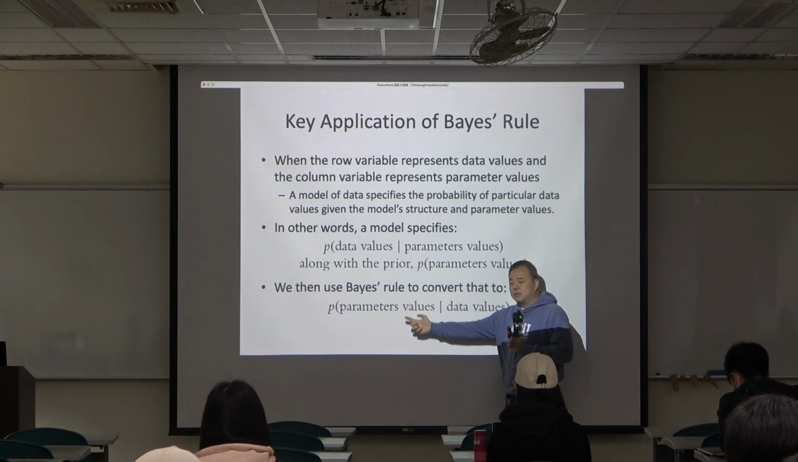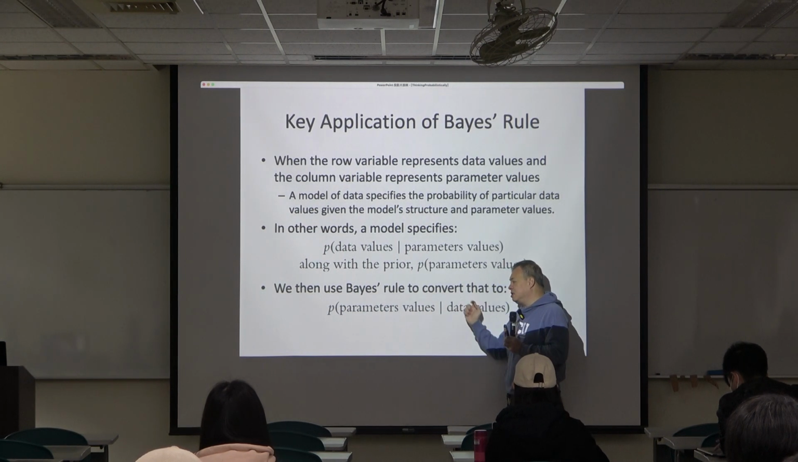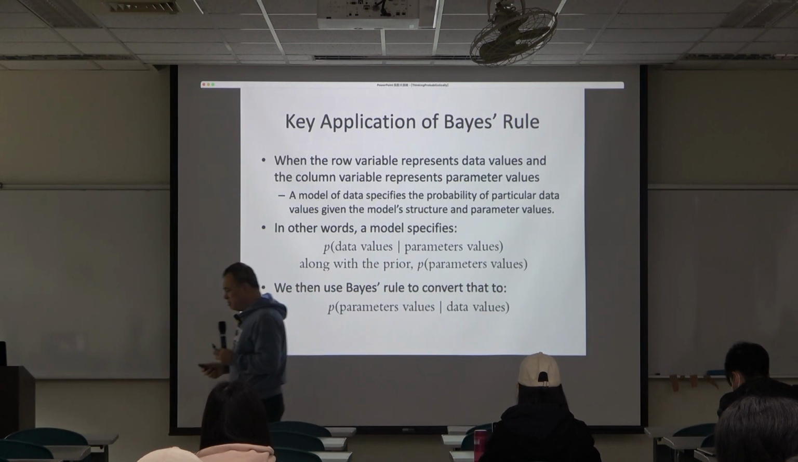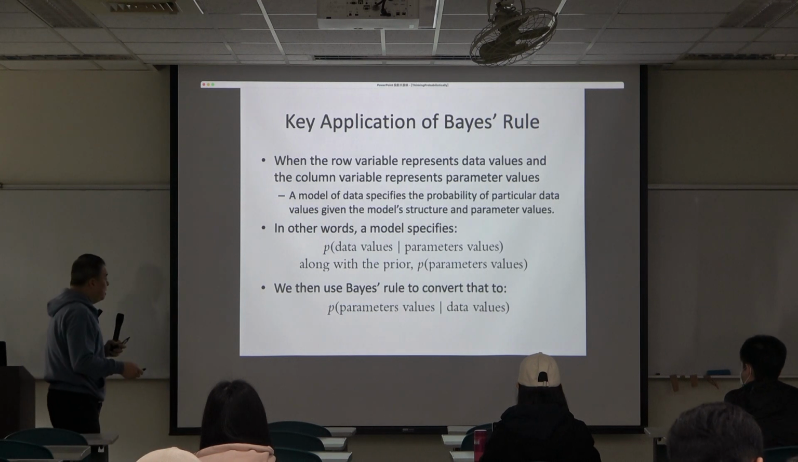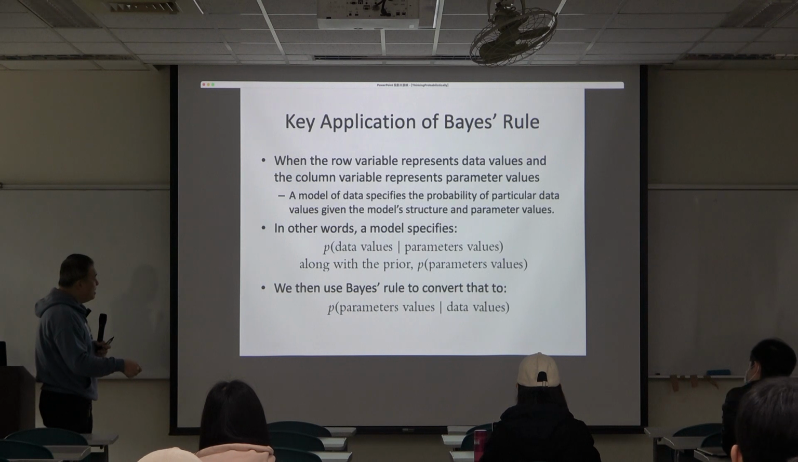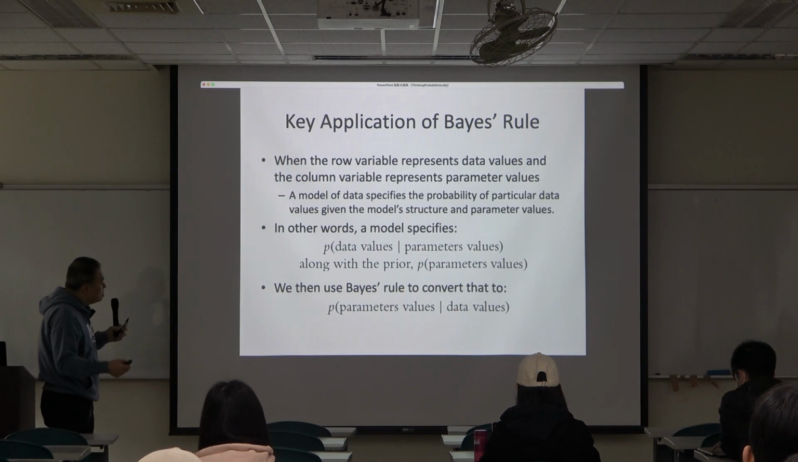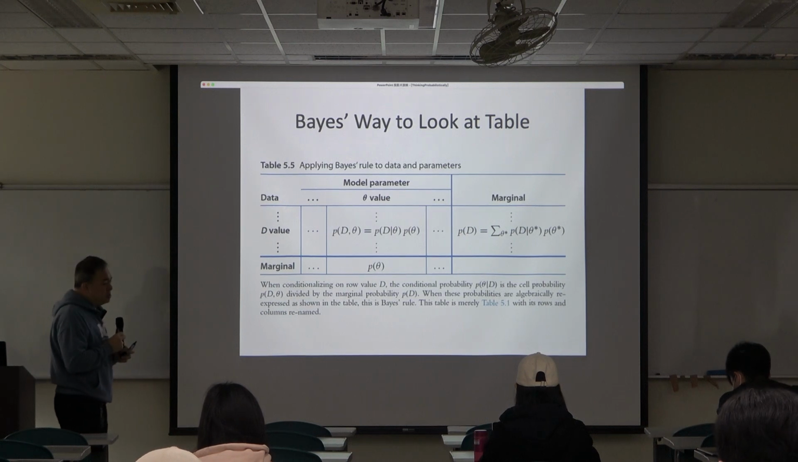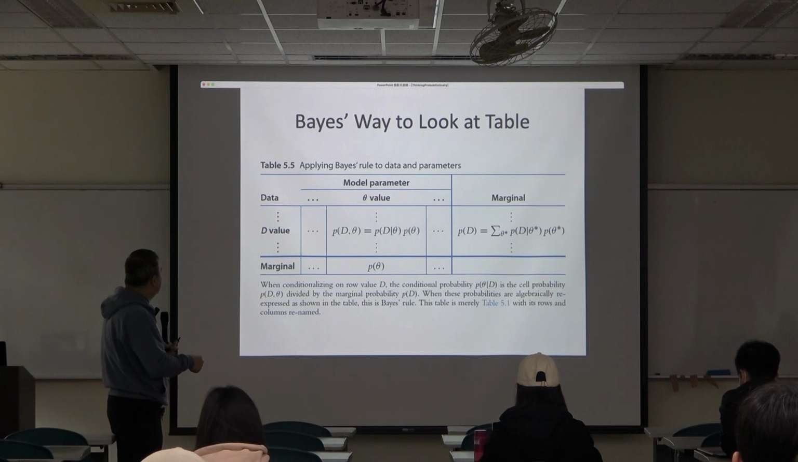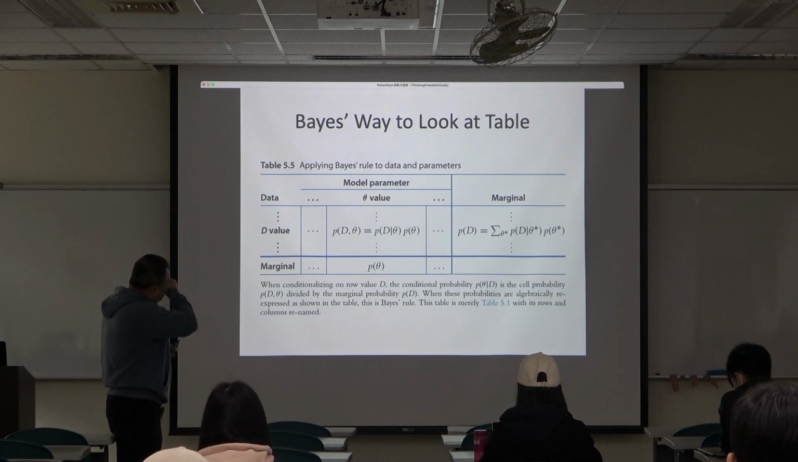So this is the most important aspect of Bayesian inference, and this is how the Bayes rule is applied here. If you draw a table, it's going to look something like this. On one dimension, you have the data value. On the other dimension, you have a model